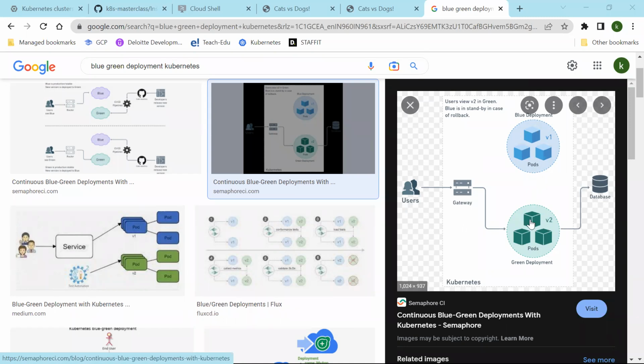Okay, so this is what we have done. And in a real-time scenario, I have to deploy some changes, and those changes have to go fast. So I have to go with blue-green deployment. But the problem with this is